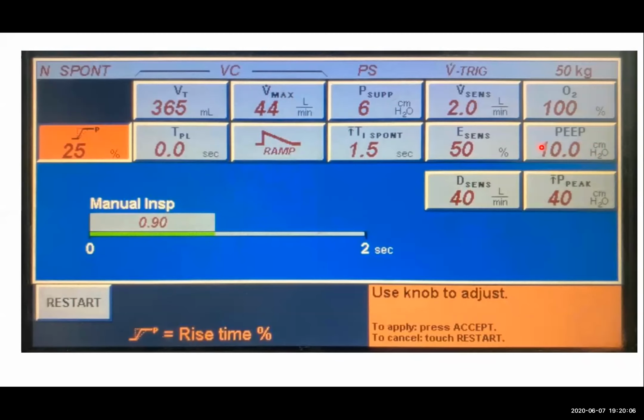Now, the other parameter here is the expiratory sensitivity, or the inspiratory cycling off in a different machine. This is the parameter when the machine decides to switch between the inspiratory and the expiratory cycling. 50% is required for now to help the patient